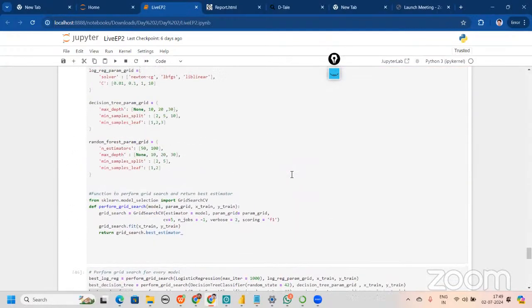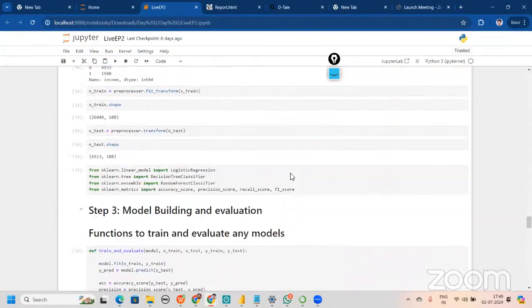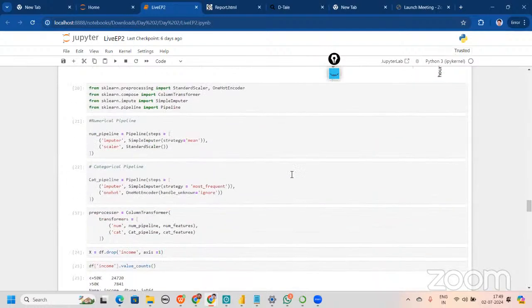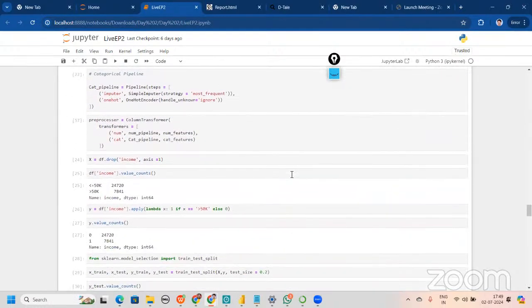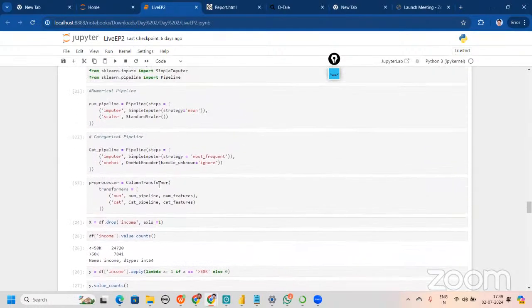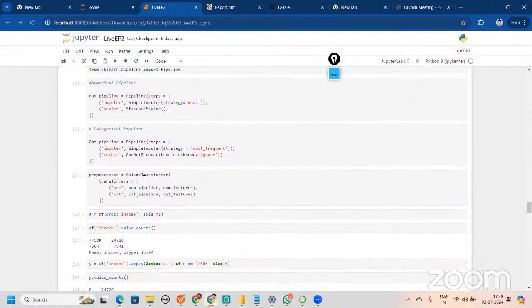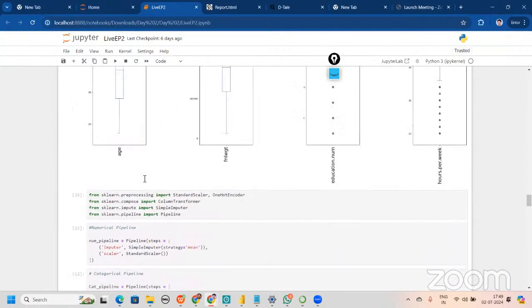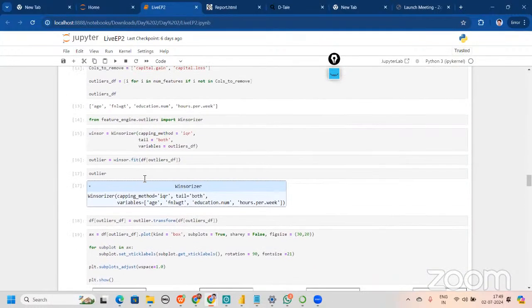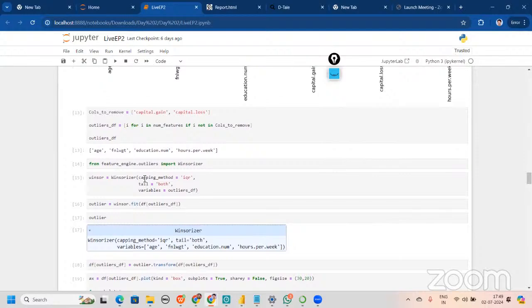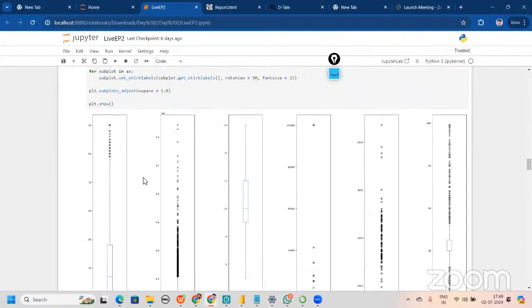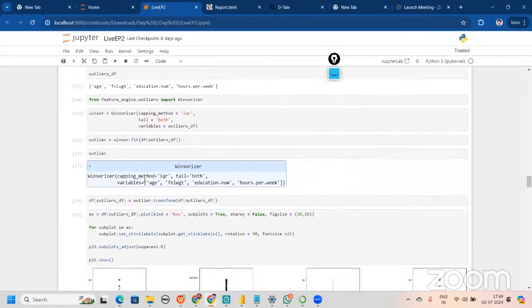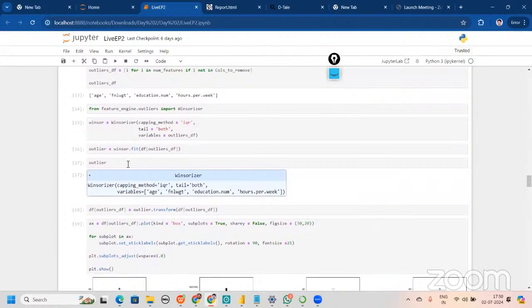For example, here, when we are making the categorical pipeline, we have not stored the preprocessor, right? If you have not stored the preprocessor, that would be a problem. We want to use that. We want to see how to make a proper pipeline. Also, the Winsorizer, we need to save. So what we need to do now,